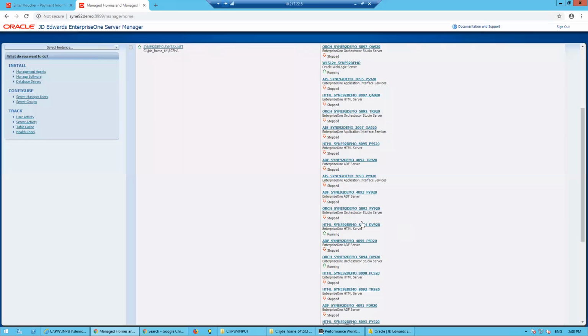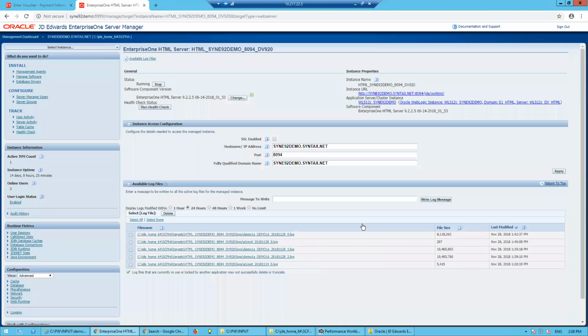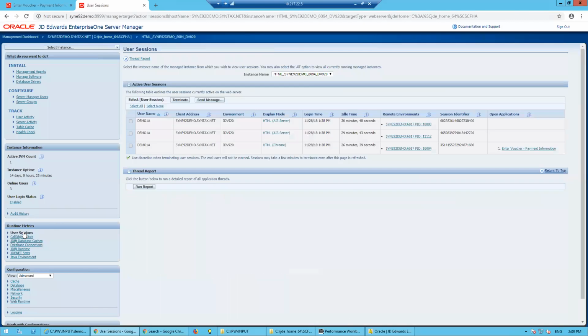web server portion. So let's just find the DV instance. And the neat thing about this is we can go through, and from the business analyst standpoint, we can see who is actually on the system. So we can see the runtime metrics. If you notice, there was a section for runtime metrics for the enterprise servers, and there's a lot of information there that would be more technical in nature. So since this is directed towards business analysts and technical analysts,